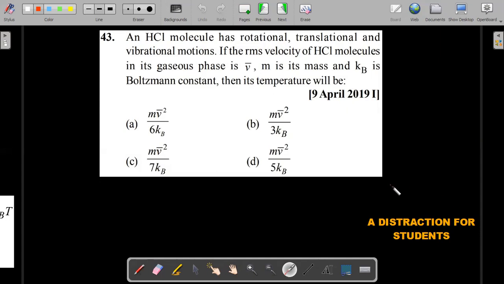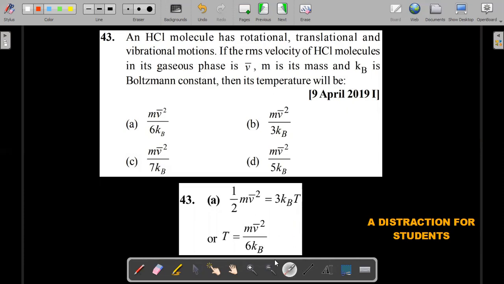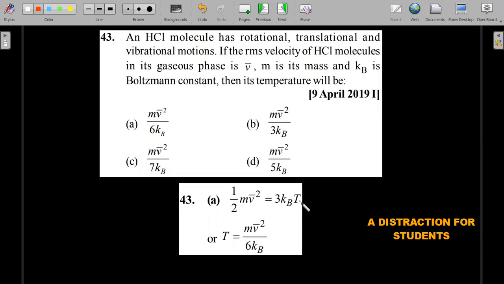I already gave you a hint. It's a distracting question for the students. Overthinking might make the student commit a mistake here. You should realize the RMS velocity is independent of atomicity or the degrees of freedom. It is based only on the center of mass velocity of each molecule. So I think you should be able to write half v RMS square is equal to